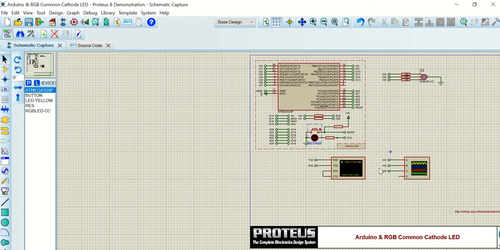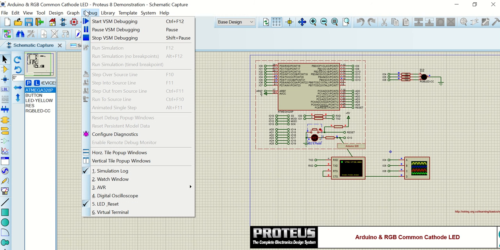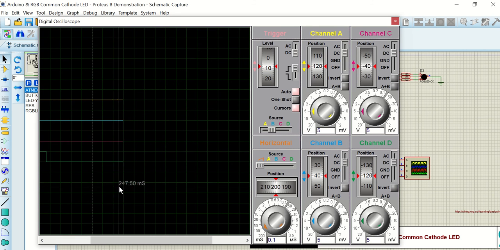Now what we have to do is we have to connect the D pin of the oscilloscope with the 13th IO pin so that we can observe the oscillations. So let me first connect it with this. Okay, so now that I've connected, first I'll have to run the simulation so that the simulation starts running, and then in the debug section I have to observe the digital oscilloscope, right? So now here you can see the waves.